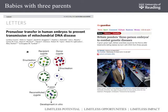Now, if there's a mutation in that mitochondrial DNA, that is very, very bad, and it can cause very serious disease, especially childhood diseases, such as mitochondrial myopathies, where you have serious muscle wasting and serious muscle problems. If you think about it, that's kind of obvious. The mitochondria are critical to the function of every cell in your body. If you have a defective gene in your mitochondria that affects the functioning of that mitochondria,